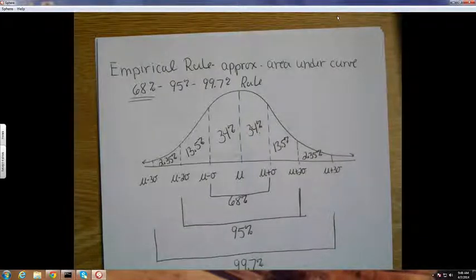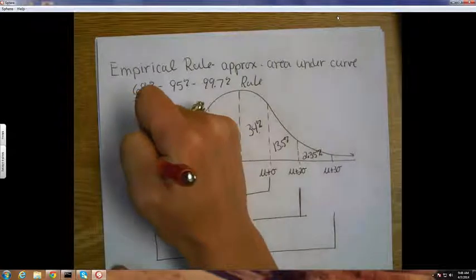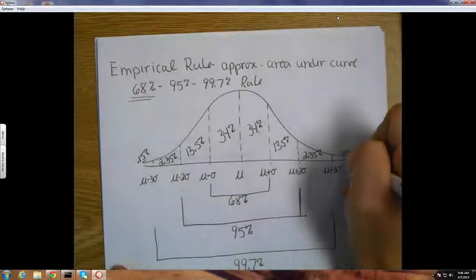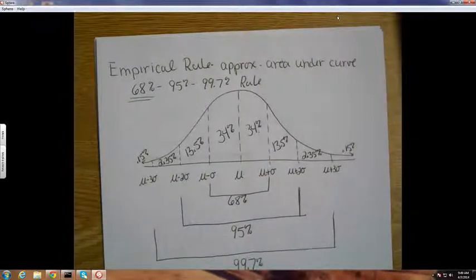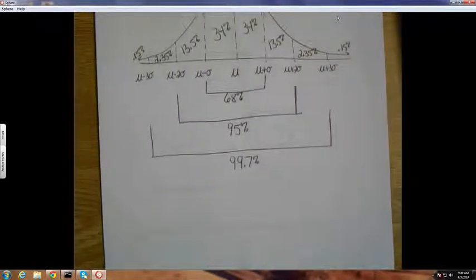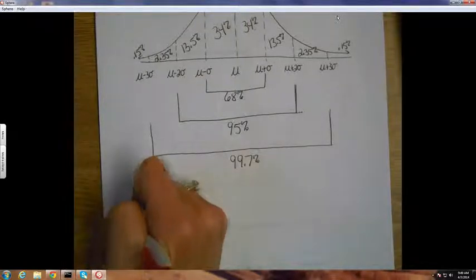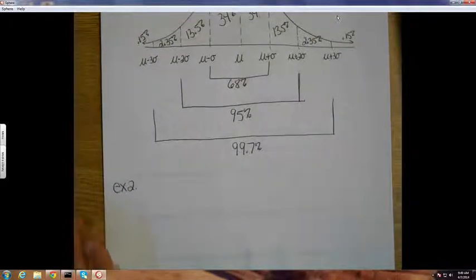And that leaves 0.15% in the 2 tail pieces. That's 0.3% divided evenly. What? This one, I can fit it in my little space here, but